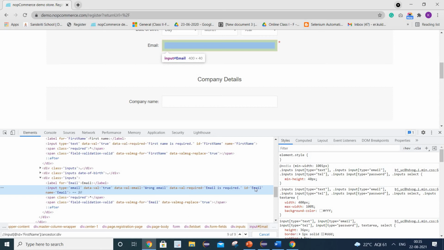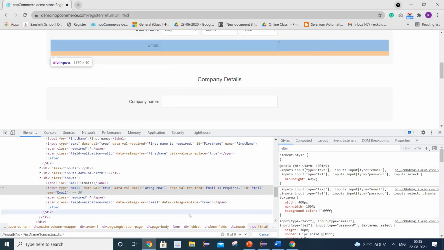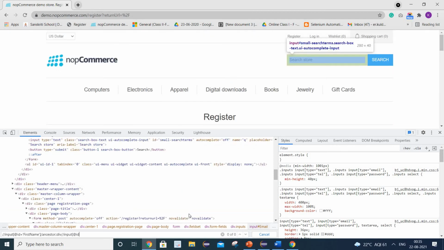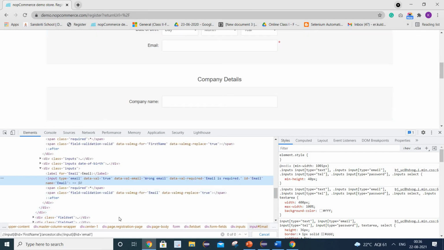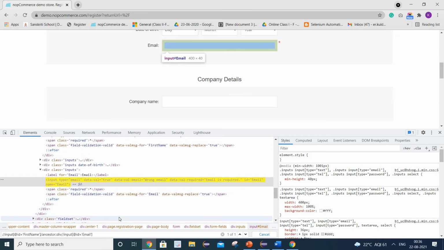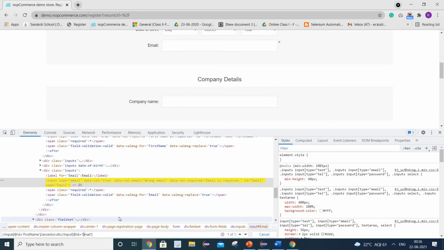So let's use this ID to identify this email text field. We can write it this way: input, @id equals email. The E is capital here. So you can see first we identified all its ancestors, and then we traversed to the particular element. This is the way we can use the ancestor.